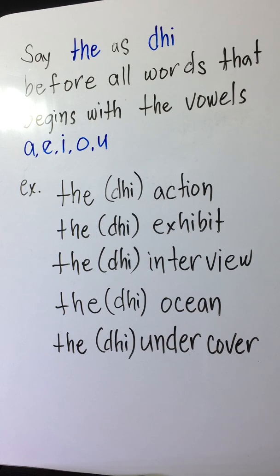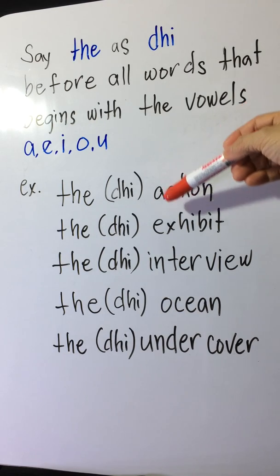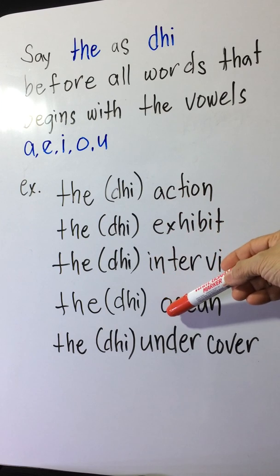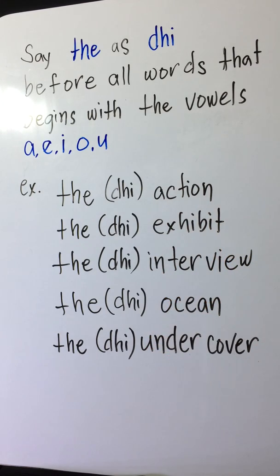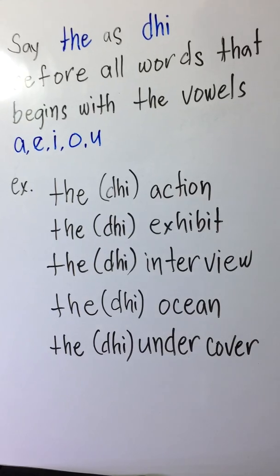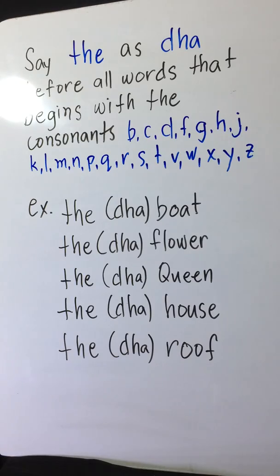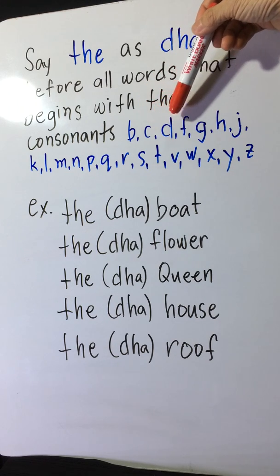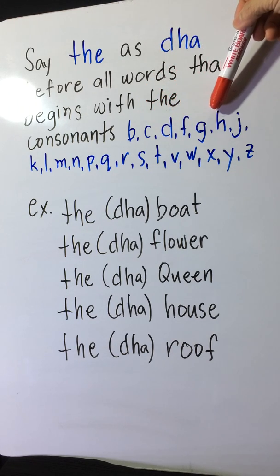You see that? These are all vowels. And we use the D sound for vowels. Now, say the before all words that begin with the consonants B, C, D, F, G,